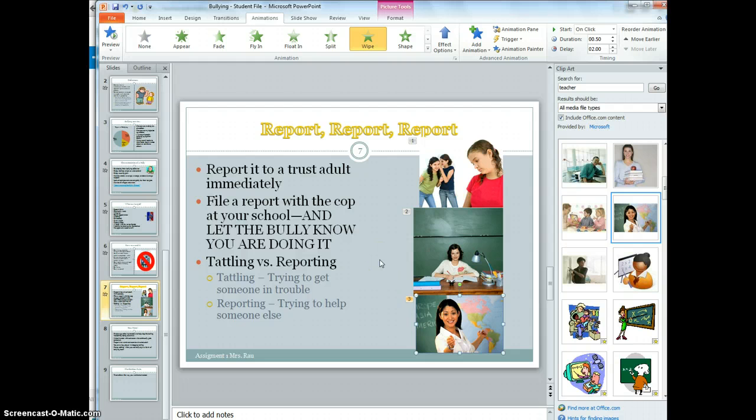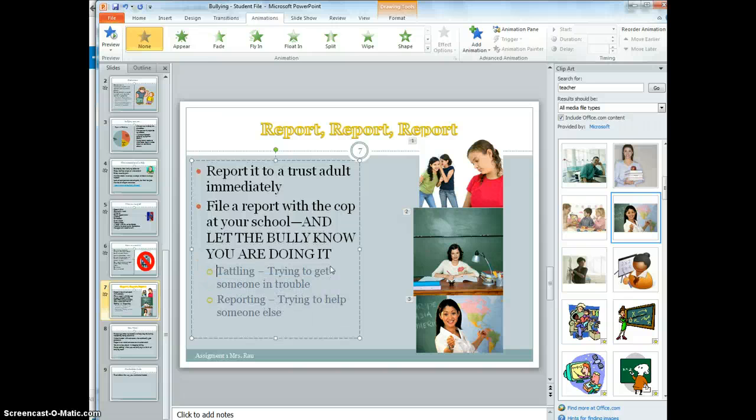Next, what we're going to go ahead and do is we need to do a little bit of reformatting on our tattling versus reporting. So first of all, we're going to cut tattling versus reporting, and we're going to do a Control X, and that is going to cut that out of there. Next, what we're going to do is put it in its own text